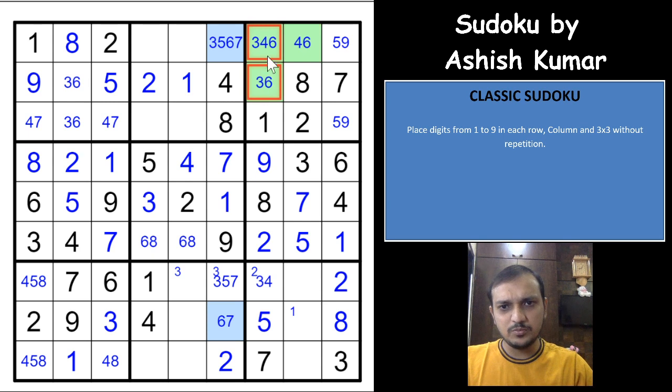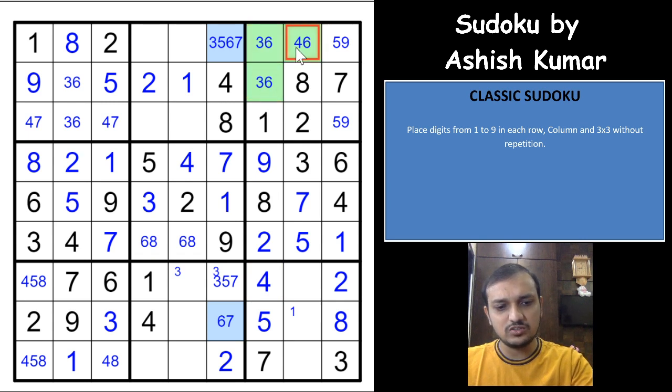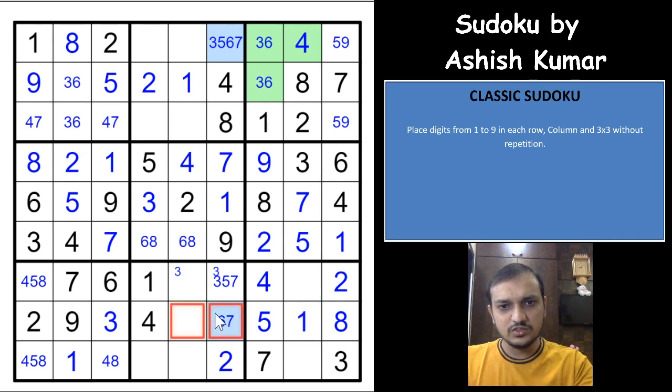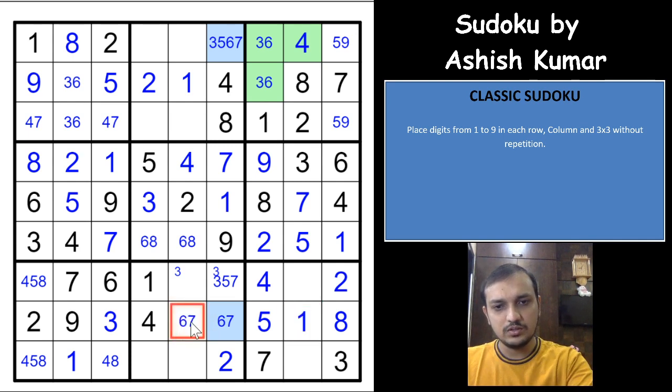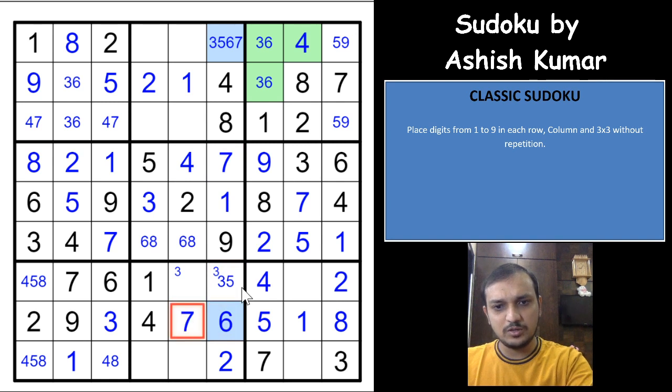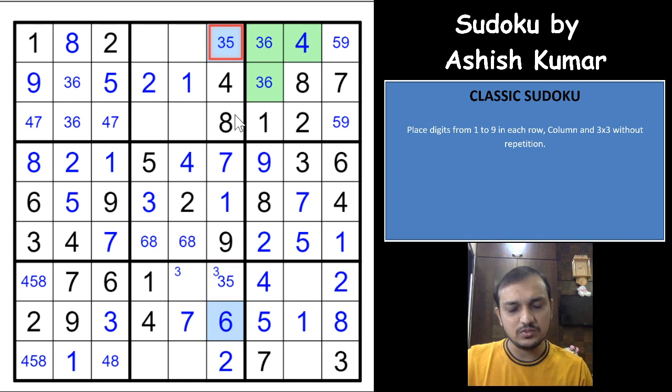We know that 3 would have to be in one of these 2 cells in this box, so this becomes a 4 now. That eliminates 4 from this cell. This is a 3 6, so this becomes a 4 now. Okay, 1 6 and 7, 1 cannot be here, so this is a 1 now. 6 and 7 in these 2 cells, right? So that eliminates 7 from this cell. Oh, you already have a 7 here, so this becomes 6, this becomes 7, 6 and 7 here, so that eliminates from these cells.